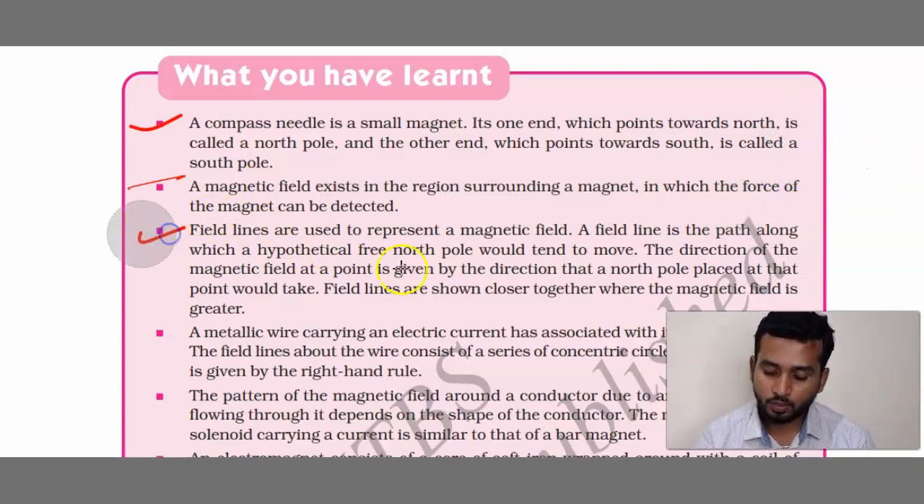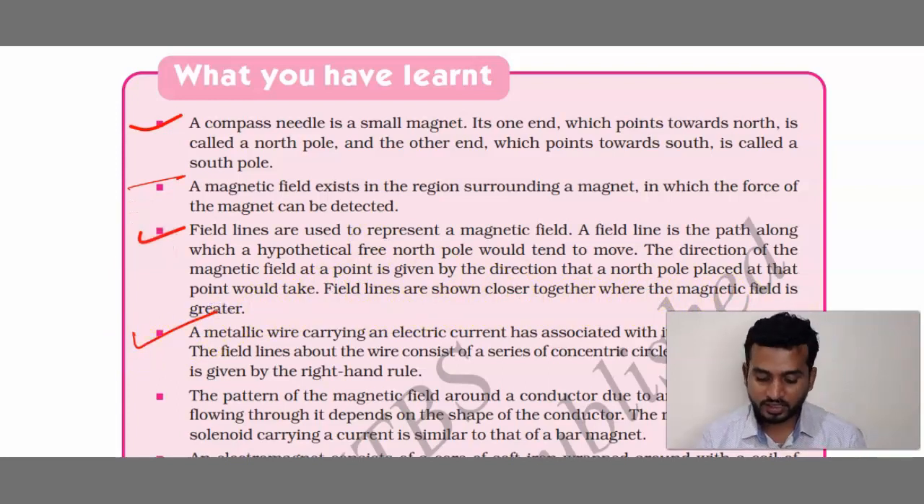Next point, field lines are used to represent a magnetic field. We have magnetic field lines, and we usually use them to represent a magnetic field. A field line is the path along which a hypothetical free north pole would tend to move. The direction of the magnetic field at a point is given by the direction that a north pole placed at the point would take. Field lines are shown closer together where the magnetic field is greater. Next point we can see here,